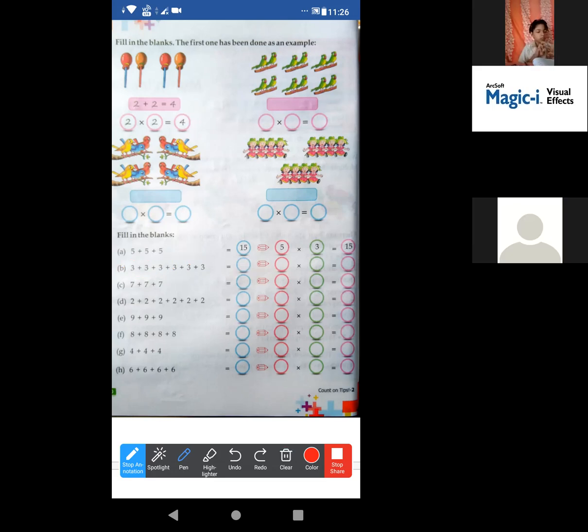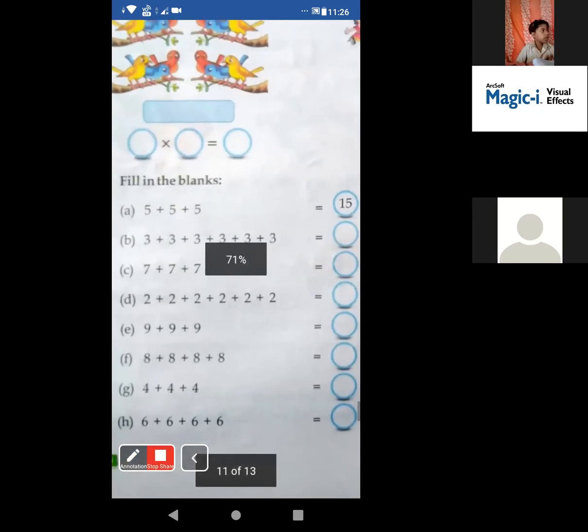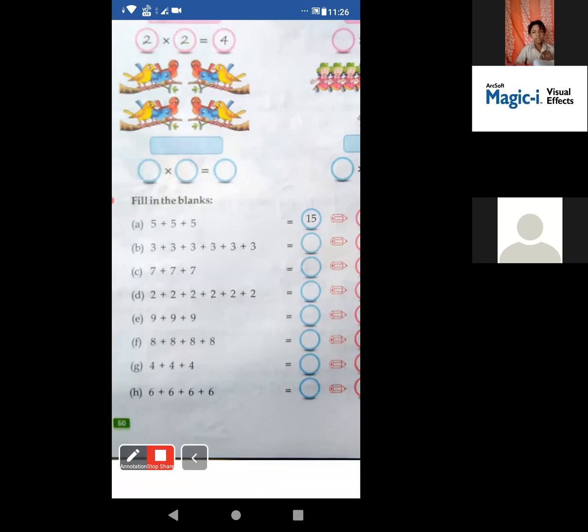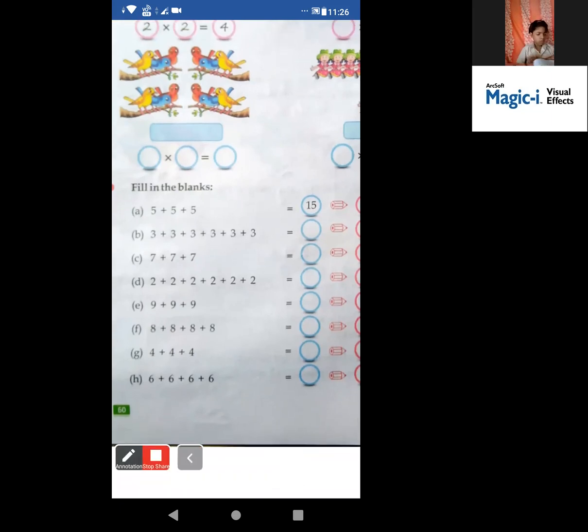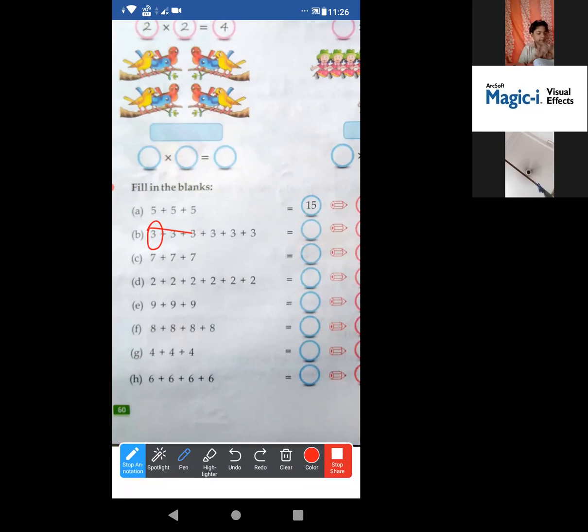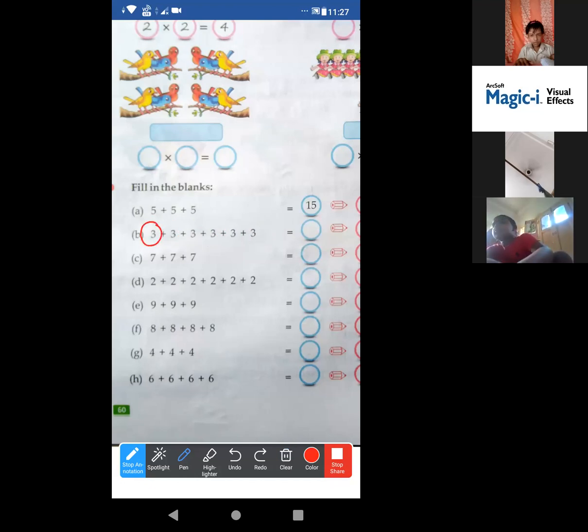Now look at this. Here in case of this multiplication, what to do? Look at this. How many times 3 are there? One time, first time, second time, third time, fourth, fifth, sixth. 6 times it is written, na? 3 is written over there. How many times? 6 times. Now what is given here? The number is 3.